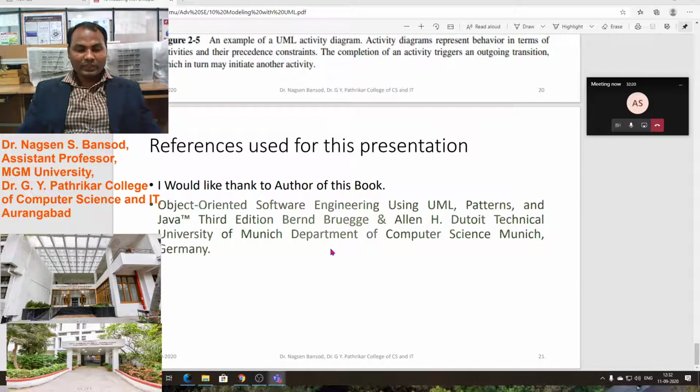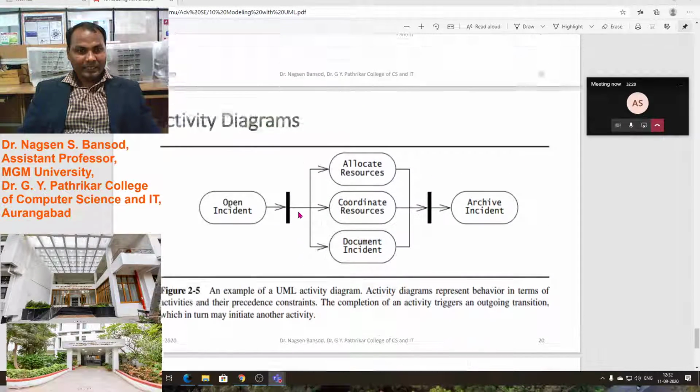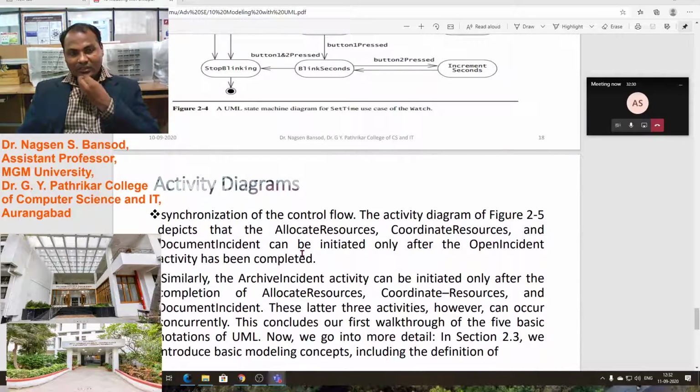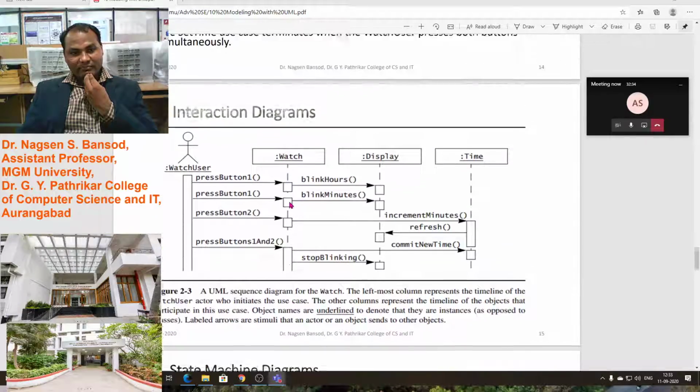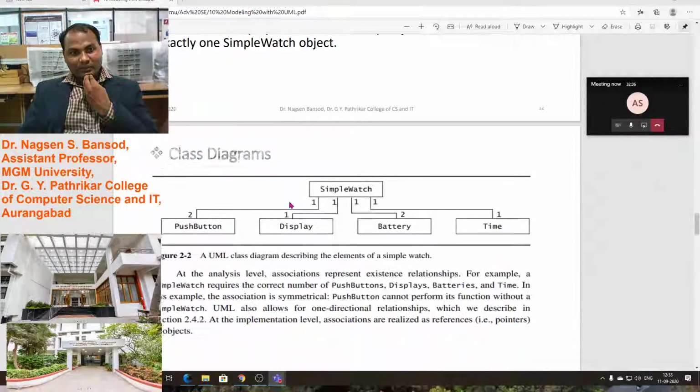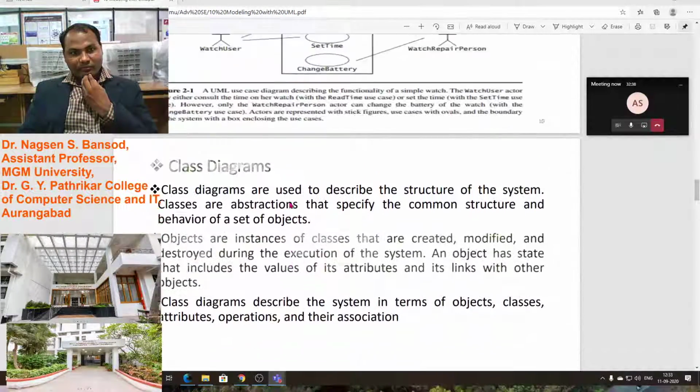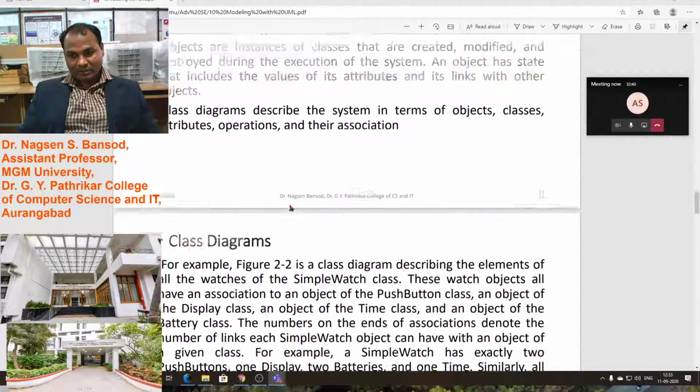This book we have used, so I would like to thank the authors of this book. If you have any doubt on this activity diagram or any other diagram, state machine diagram, sequence diagram, class diagram, you can ask me questions.